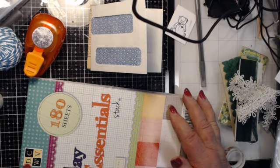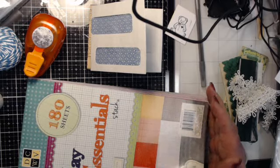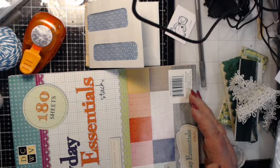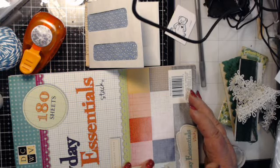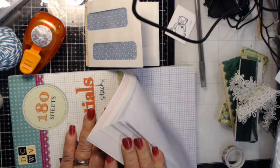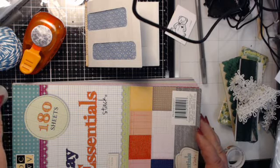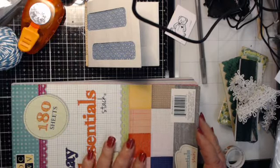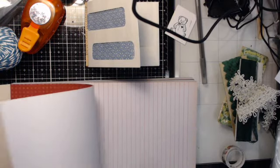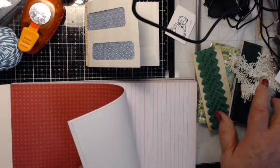DCWV. And this I got in Happy Mail as well. Actually, Janie bought this from somebody's auction and had it sent to me. And the papers in here are amazing. I will use every sheet of this paper. That's been quite some while ago, and I've used some. I've used even some to write letters on. And so what I'm going to do, I went in my sewing room and got some